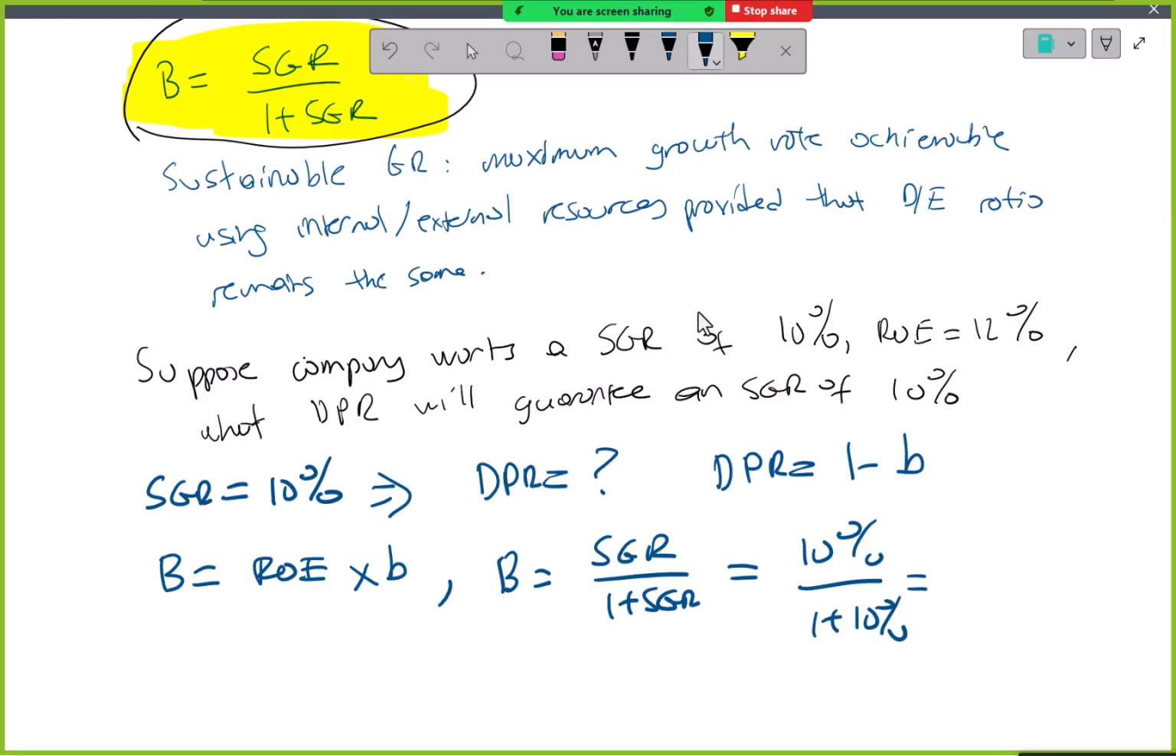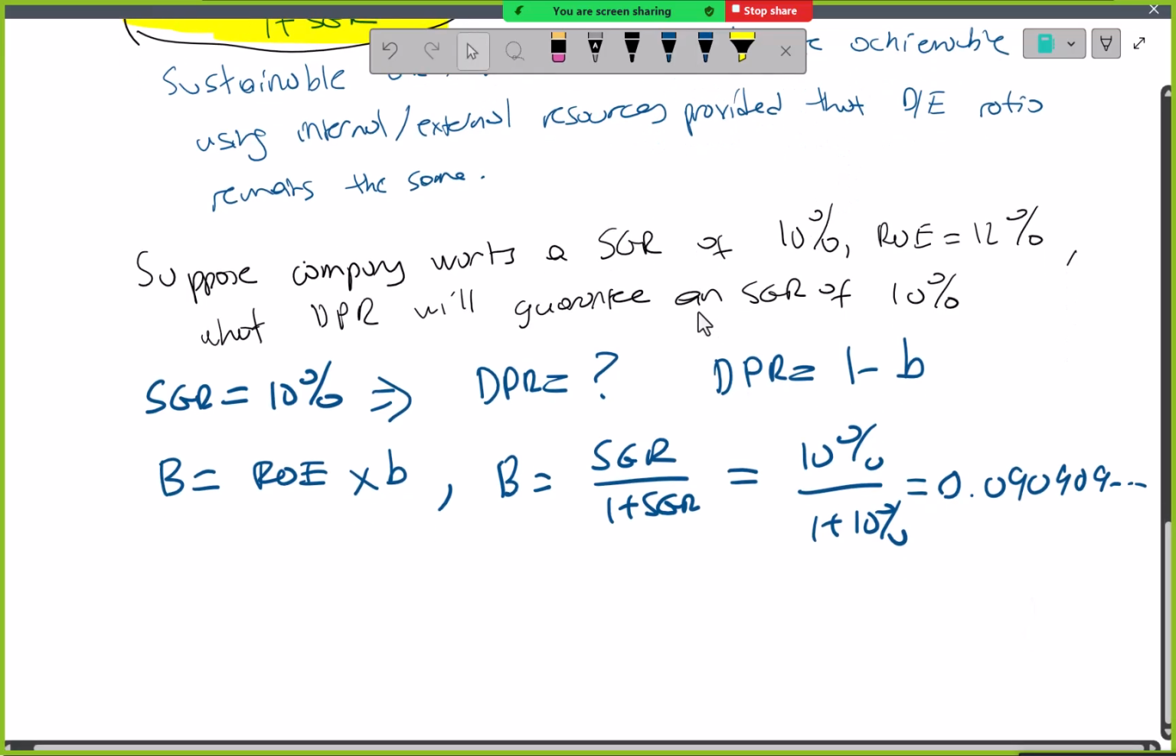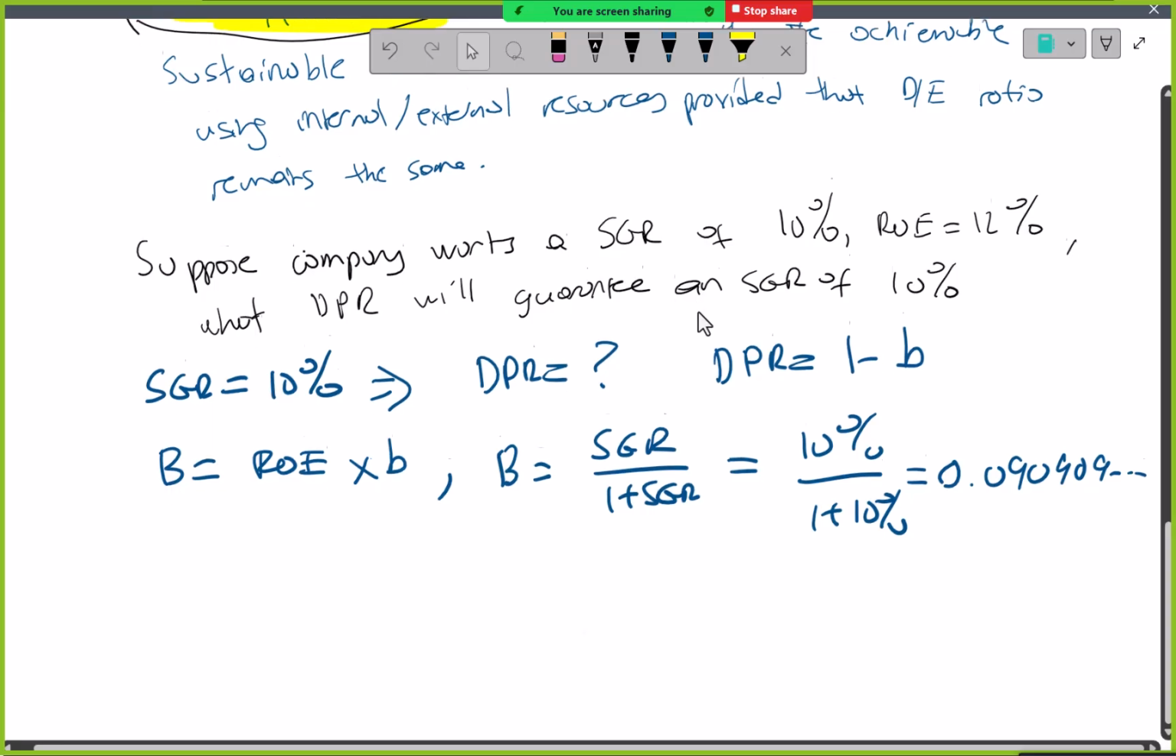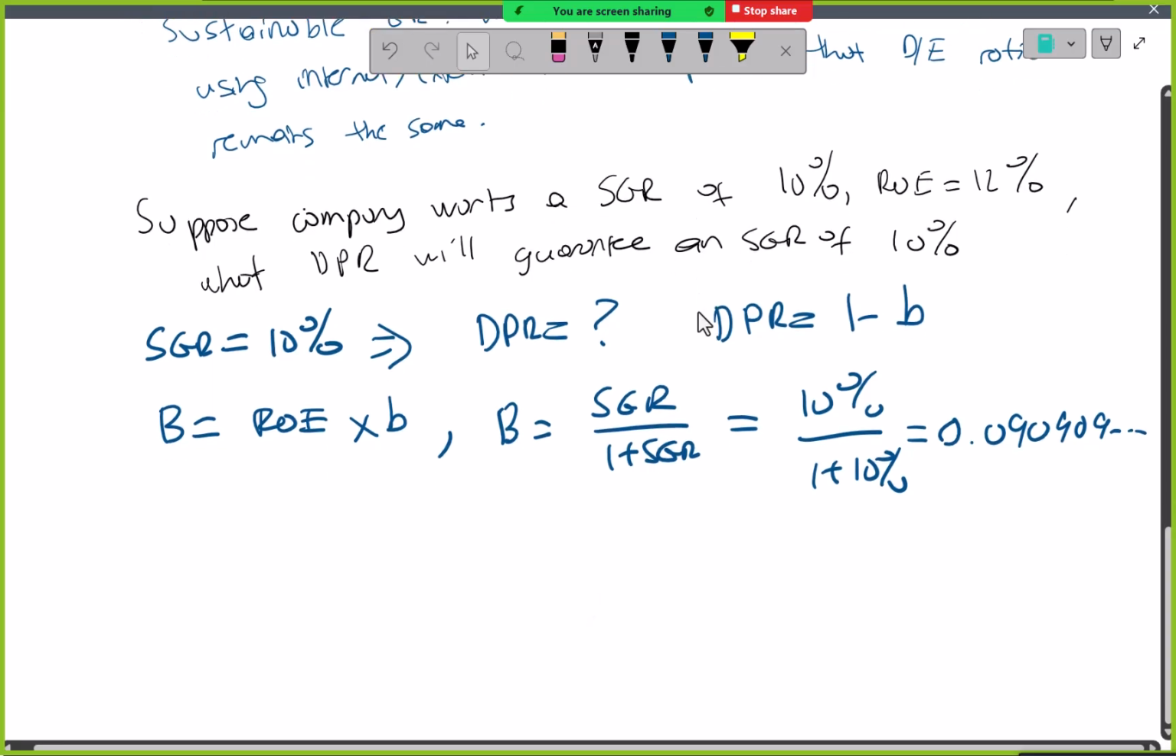I'm just going to go ahead and do it on my phone. Why? Because I can. That's a continuing fraction. That literally means that's 0.1 over 1.1, which is 1 over 11, I'm sorry. Regardless of that,